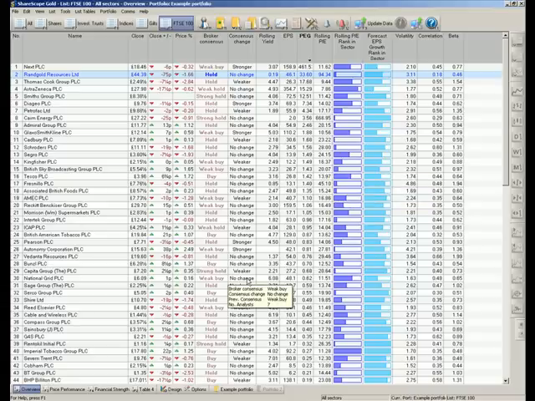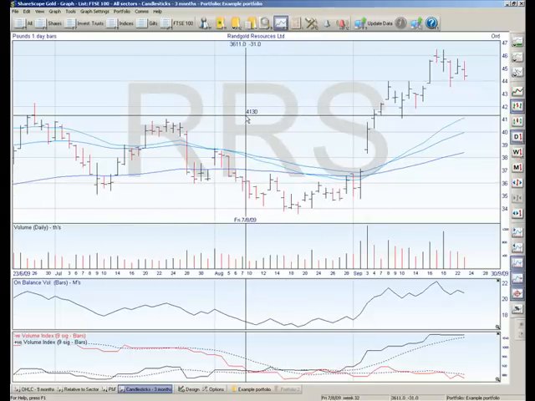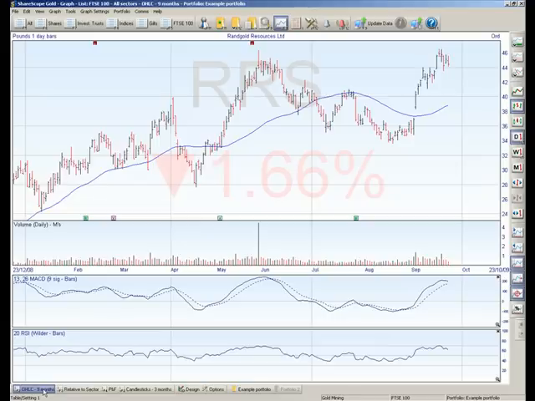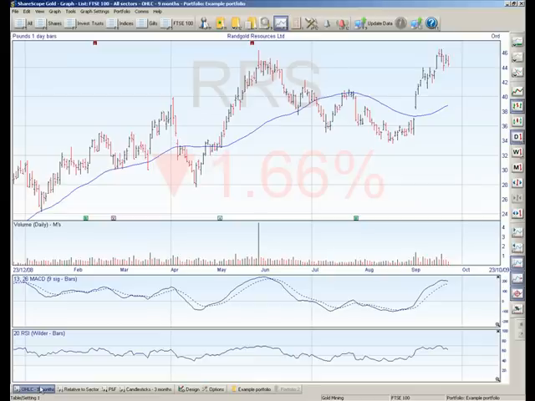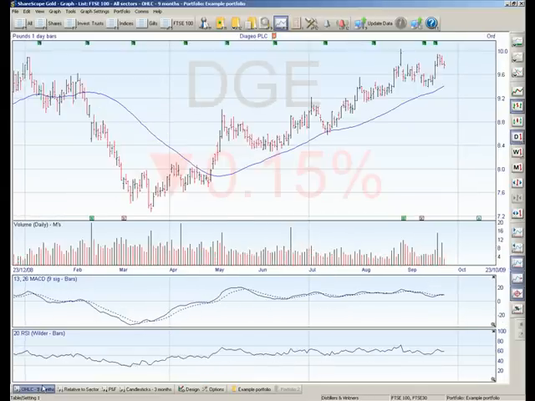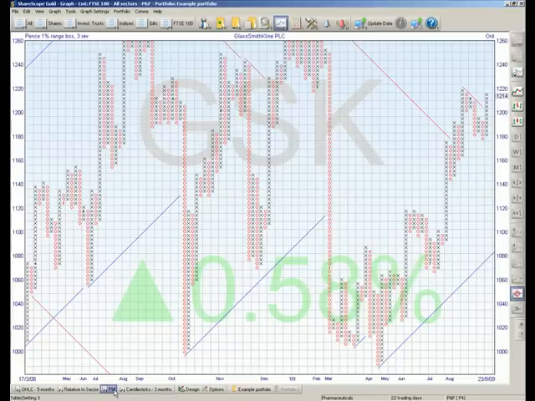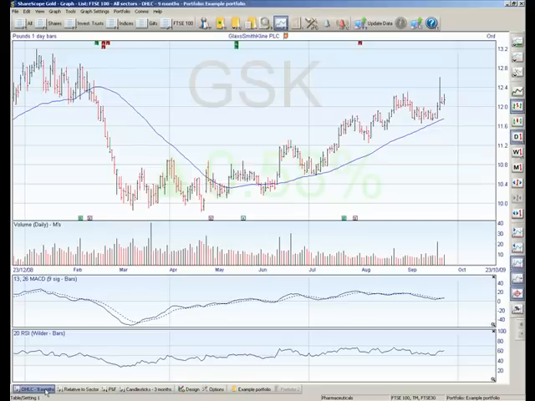So, the list screen, we can create different tables. If we look at the chart screen, again, this is a particular chart configuration I've set up. It's open, high, low, close bars over a 6-month period with various moving averages and a number of indicators at the bottom here. Again, I've got different chart setups that I can add with a single click of the mouse. And so again, if you're a spread better and you're scanning through your list and you find a chart you like the look of, then again you can look at different chart layouts looking for supporting or maybe conflicting signals, but again to help you make better trading